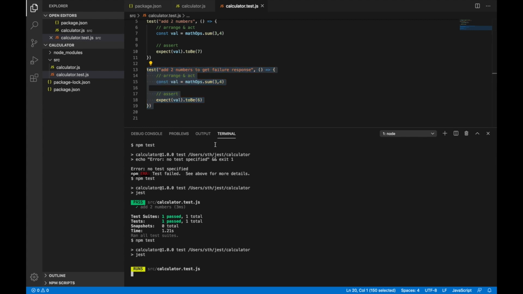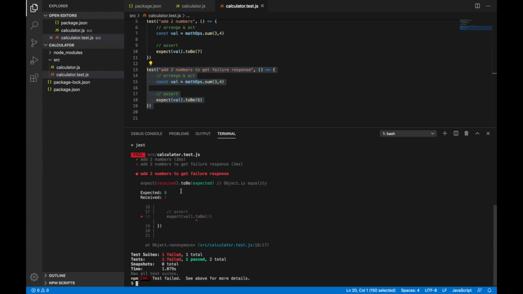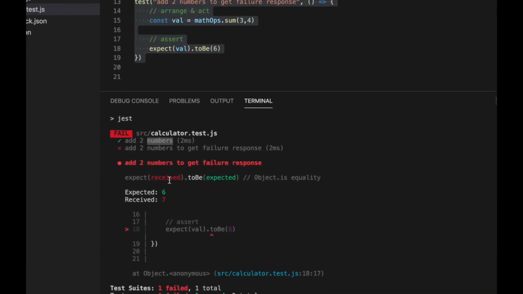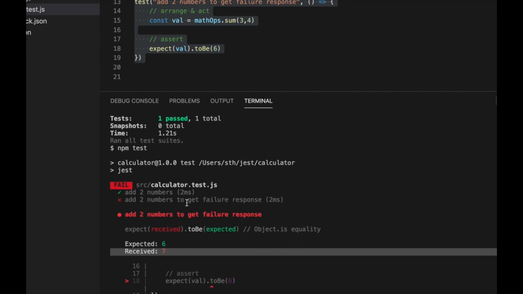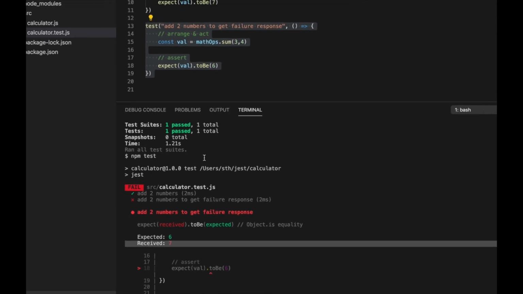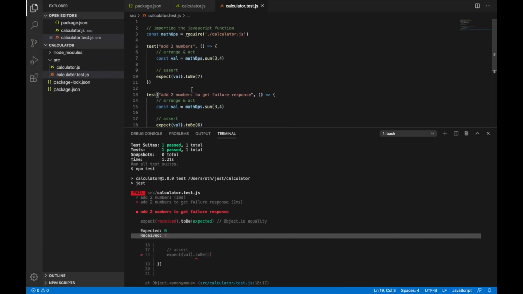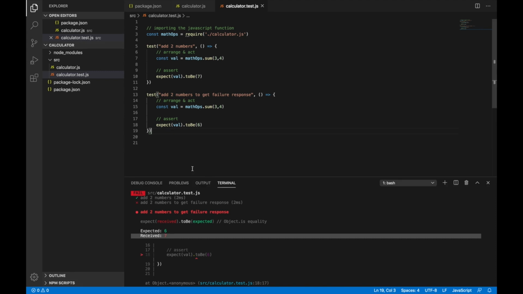Let's run npm test again, and you can see that one of them passed, and the other one, named add two numbers to get failure response, failed. It says expected 6 but received 7. So that's how these errors are highlighted in the response, so that you can make out what exactly is causing the issue.